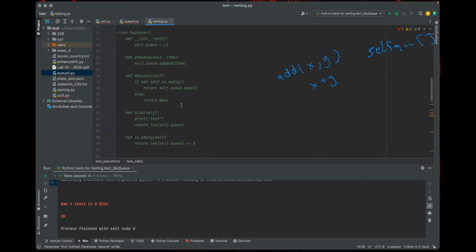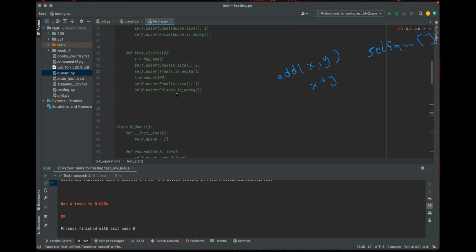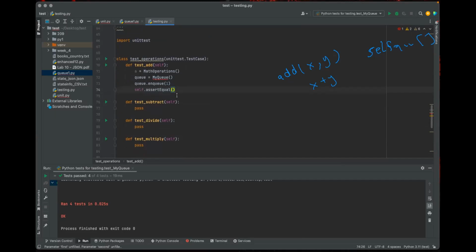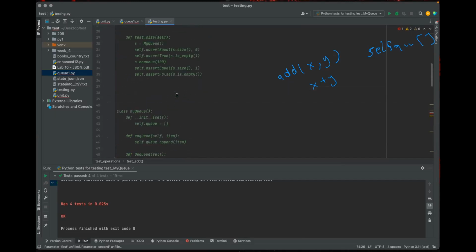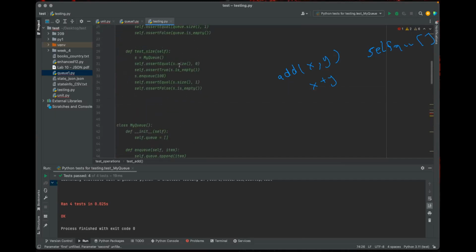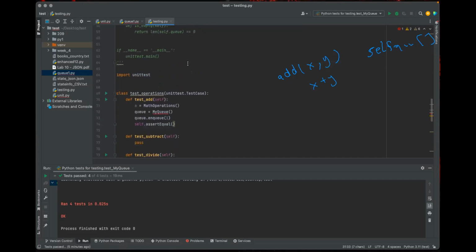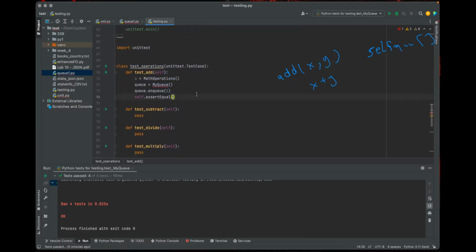So we just need to do something similar to this. We just call it at start and then we give it values.